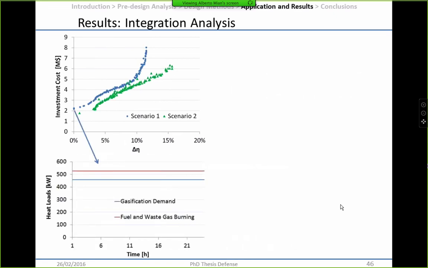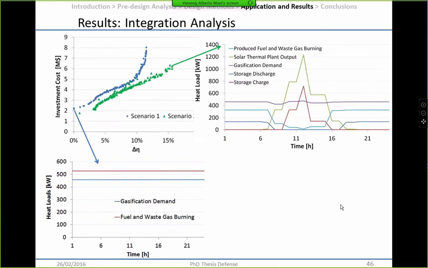So if we look then at each point, we see that this part of the Pareto, so up to 4%, each solution is a single period because there is no solar utility. So it's even an easier problem to solve. We have a fixed gasification demand in heat. We have a fixed fuel that needs to be burned in order to supply this heat. But so we didn't solve the starting problem, but we were able, in any case, to improve